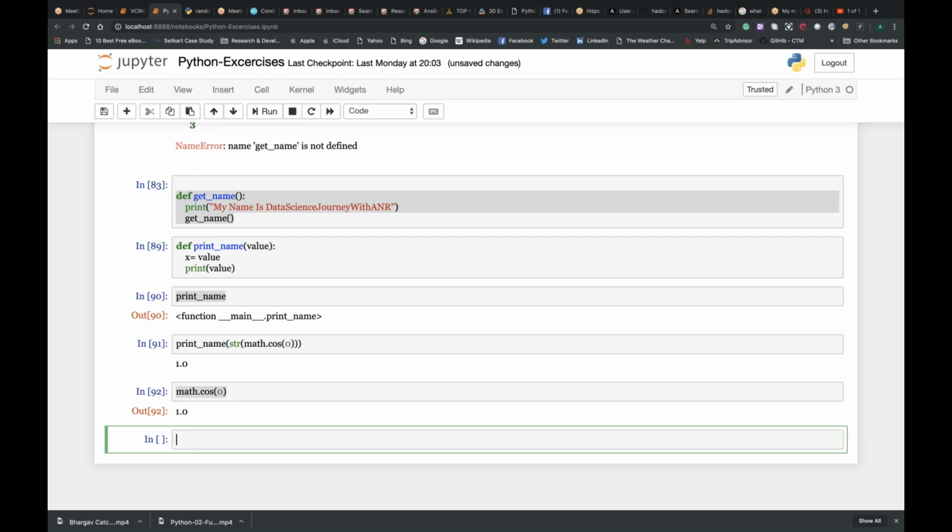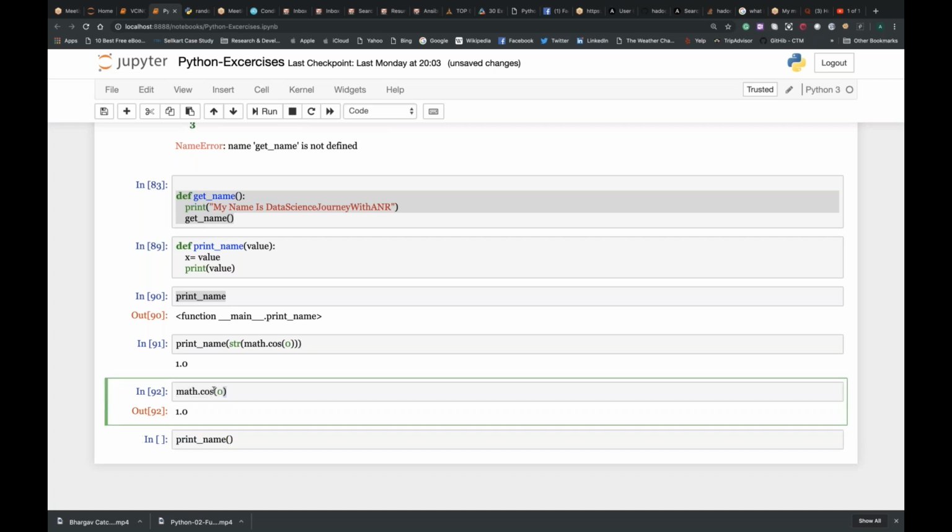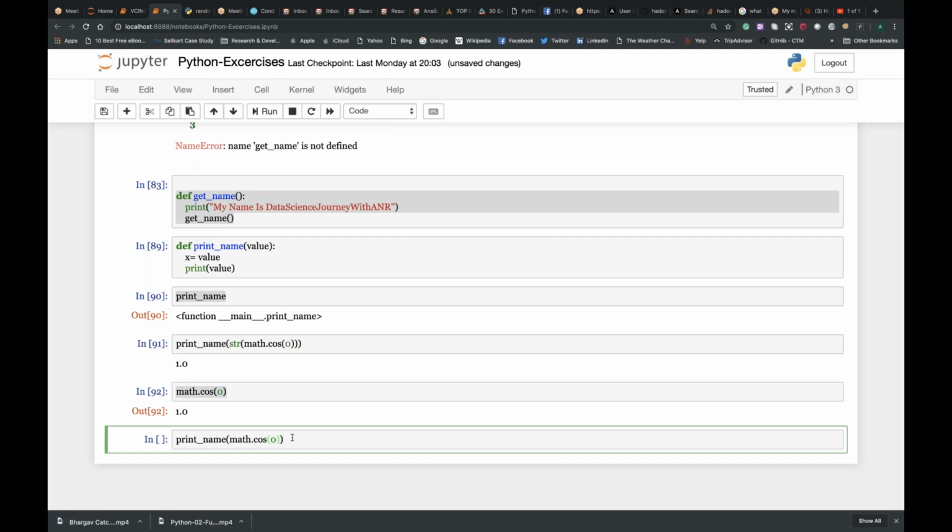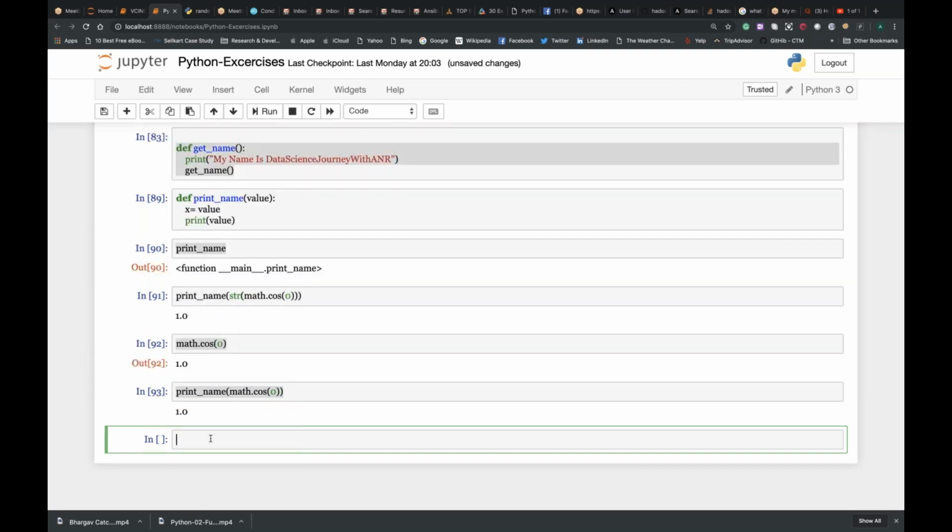Now, if I say print_name, which is a generalized function, and I call this one, will it work? 1. Now, this worked, though I have called two different functions.